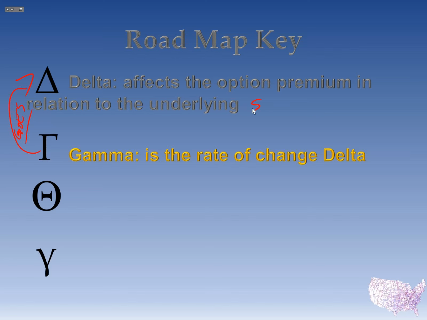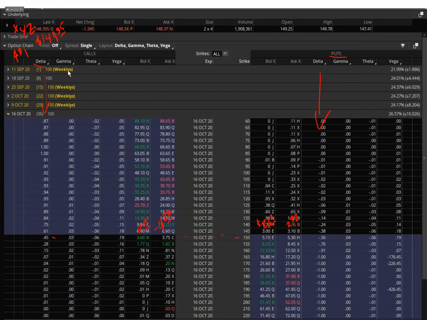So gamma, if we're talking about this being dollar number one, this is dollar number two, okay? So on the second dollar move, gamma goes with delta. We would see on this column, we've got gamma on both sides, right? You'll see that it's positive on both sides. We can see that if we moved higher, now we're trading 150.35, exactly $1 move higher from the previous move. So we've got now a $2 move. This gamma goes with delta. So on that first dollar move, we saw 45 cents go into these premiums.